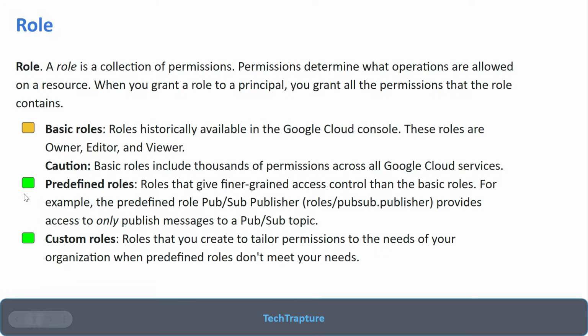So here I added green because these are the best practices followed, and amber because this is not recommended, as it has a lot of permissions. Now this was